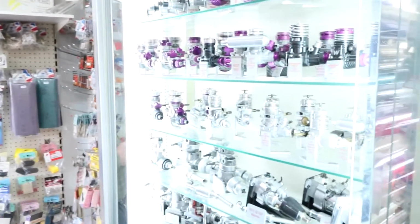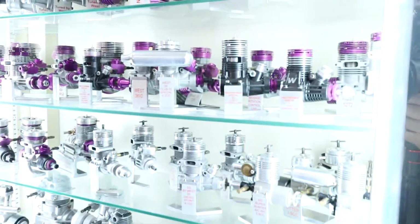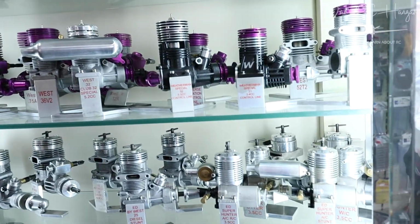I test run every motor, and I've got a U-shaped piece of 22mm copper tube with holes drilled on the inside, and that sits underneath the motor, and I start the motor up and turn the air on, because you need to cool it. Yeah, well, it's like any engine, isn't it? Without cooling, it's...